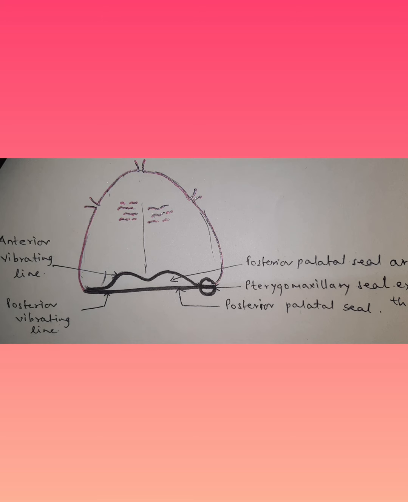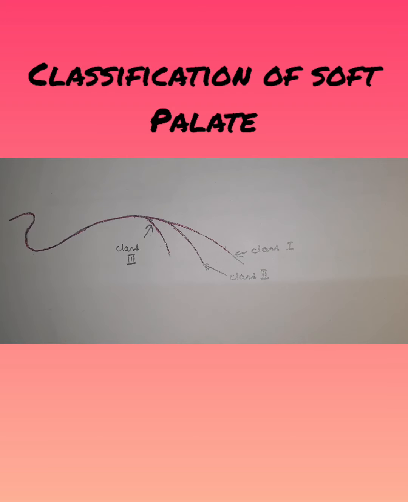Next, the important part which we have to know here is the classification of the soft palate. The soft palate is classified on the basis of the angle that the soft palate makes with the hard palate. So you have the hard palate here, and the angle which the soft palate makes gives you the classification. Now, the more acute the angle, like here, this angle is more acute than this, the more muscular activity is required to establish the velopharyngeal closure, and of course that is going to compromise the retention and stability of your prosthesis.